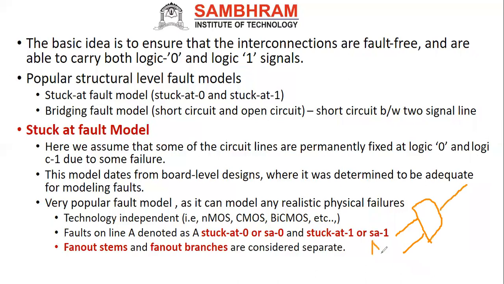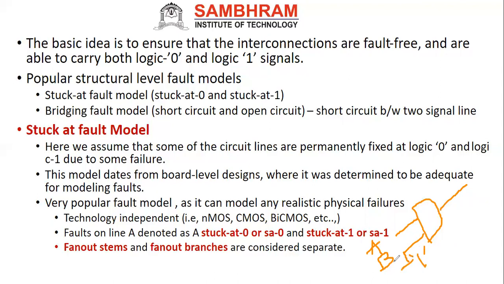So very simple. This will be your A, and this is your other input B. Now I need to check whether it's working or not. Normally you will apply the truth table: 0 0, 0 1, 1 0, 1 1. But if B is stuck at 0, meaning you are assuming it is permanently connected to 0, what will happen? My output will go to 0 only, it won't change. There should be a change actually, right? 0 and 1, both I should get in the output.